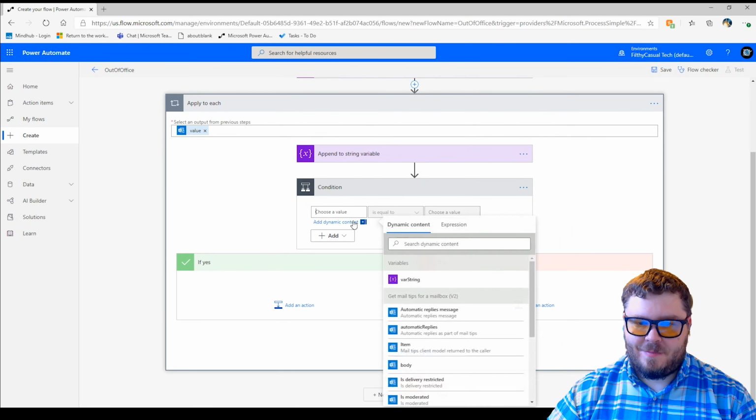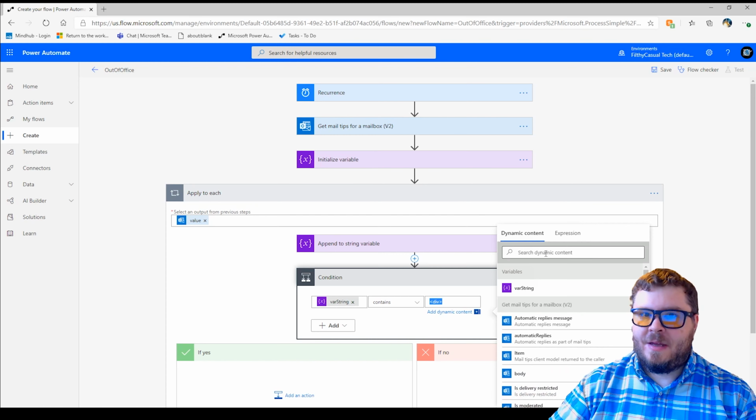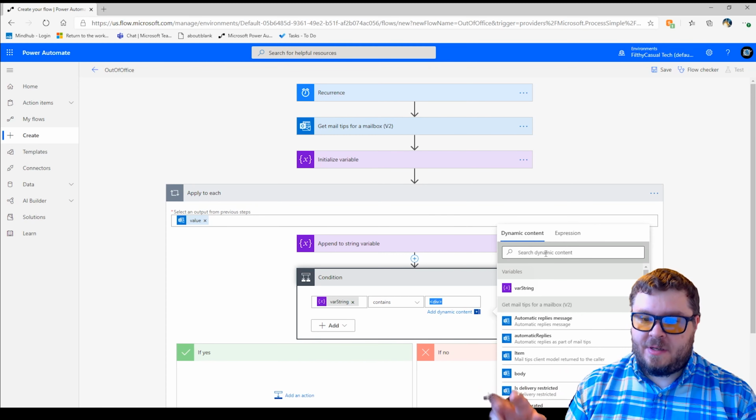And essentially what this does is it's gathering the data from the get mail tips, and if it sees a div in the value that it gets from this, then that means that there's actually an out of office message there. Essentially, it actually uses a div. Anytime you have an out of office message that's using an HTML div tag, every single time, if the out of office message is disabled, it will not be present. So this is really just a way to trigger the condition